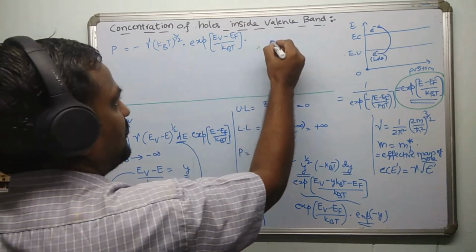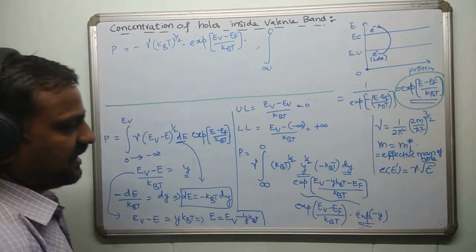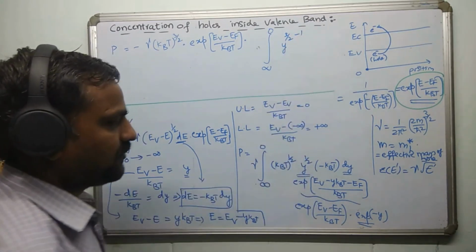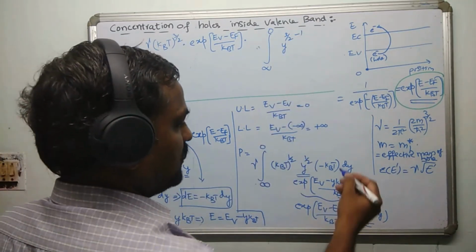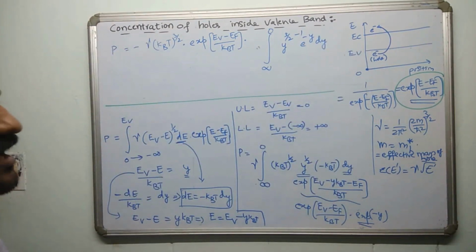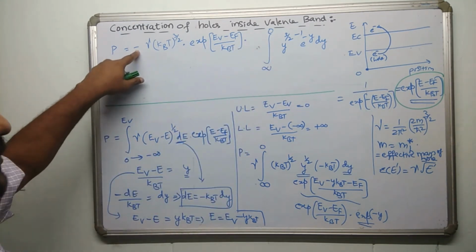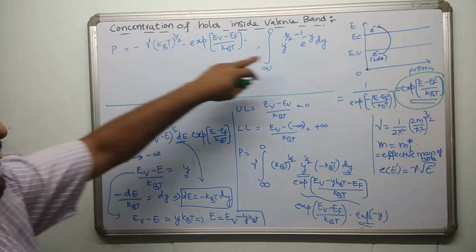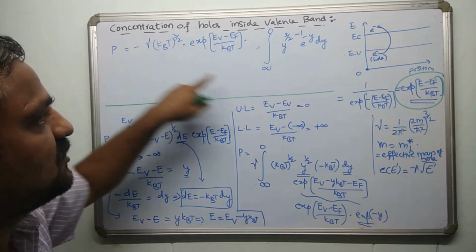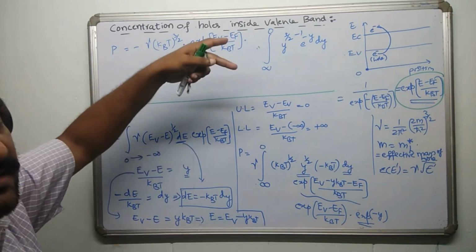So I'll write this integral separately as integral from minus infinity to 0. Of course, there is a negative sign. y power 1 by 2, I'll write it as y power 3 by 2 minus 1 in order to look like the gamma function, into e power minus y dy. It is almost looking like a gamma function with only swapped limits. See, this is a minus sign, so if you want to send this minus sign inside, you can simply swap these limits. So you can write this integral without the minus sign from 0 to infinity, because the minus sign simply alters the upper and lower limit.